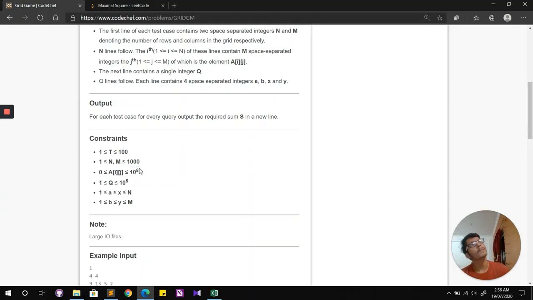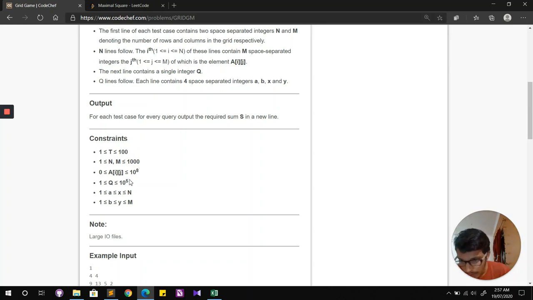If my calculations are right, in the worst case scenario where all elements are 10 to the power 8, the maximum sum you can obtain is 10 to the power 8 into 10 to the power 6, which is 10 to the power 14. So storing the number isn't going to be a problem. Even in the worst case, we can easily use long int or a similar type in some other language. I'll be using C++, so long int will suffice.